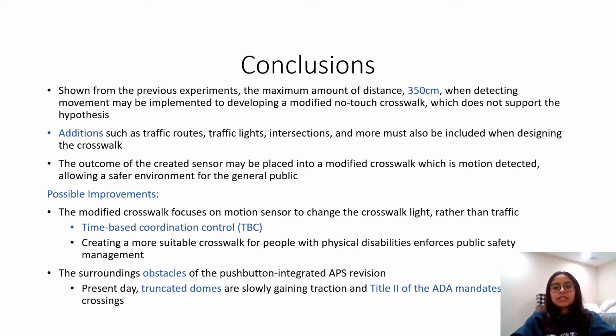With the knowledge of preferred distance, obstacles such as traffic routes, traffic lights, and intersections may be individually adapted, which may help familiarize the entwinement between crosswalks and disabled people. Additional improvements to future crosswalks include the time-based coordination control becoming second-hand to pedestrian movement, and crosswalks for people with disabilities becoming normalities since it would enforce public safety. Continuing, the obstacles surrounding push-button integrated APS revision, such as unfamiliarity with truncated domes, and Title II of the ADA, which mandates